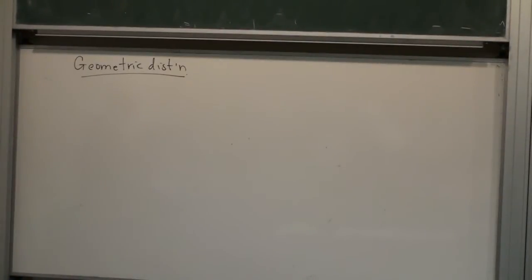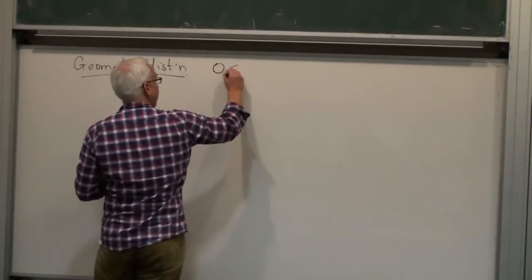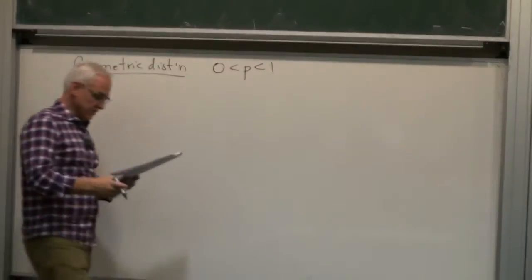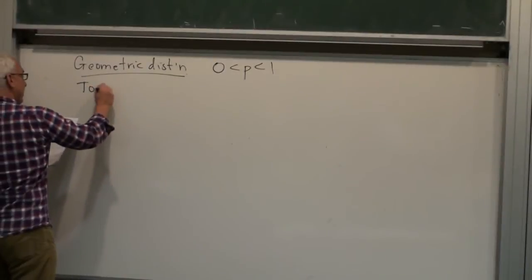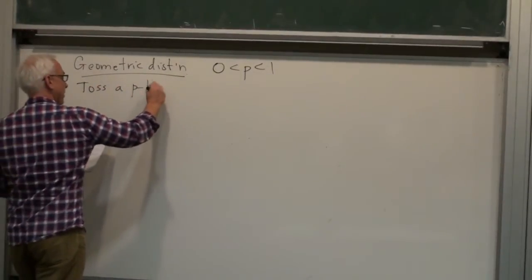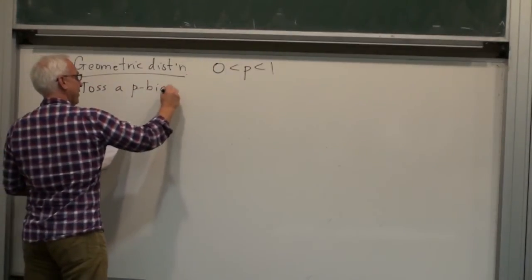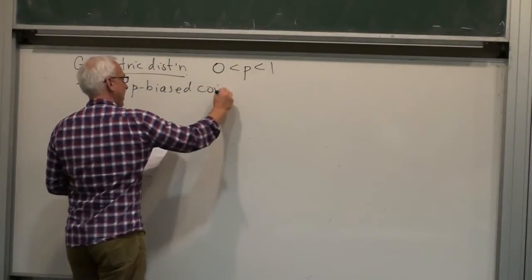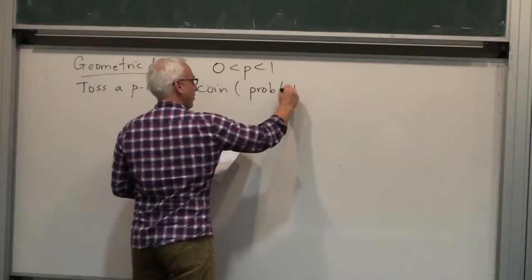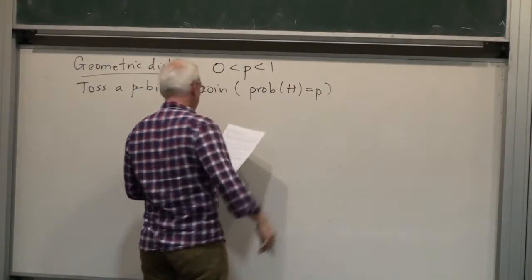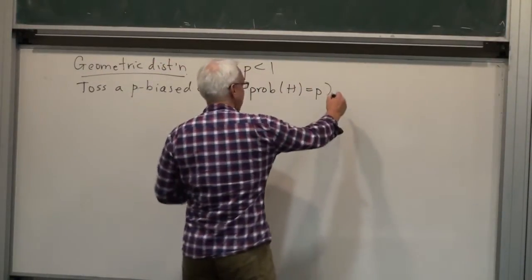So the geometric distribution, it's another natural one. Again, we start with a p-value, let's just keep it between 0 and 1, and we toss a p-biased coin. The usual convention is that the probability of heads is p. And we toss it continually, actually,